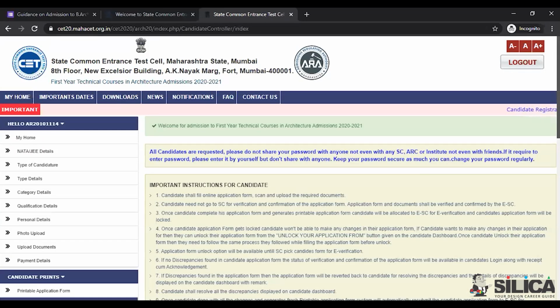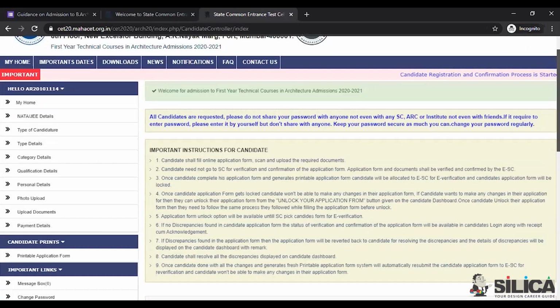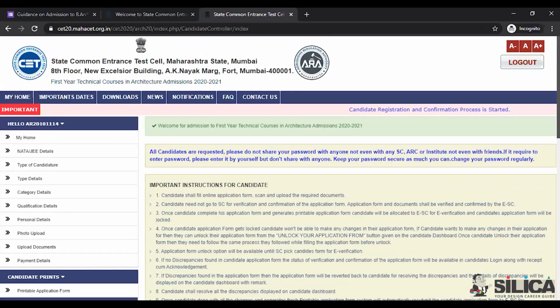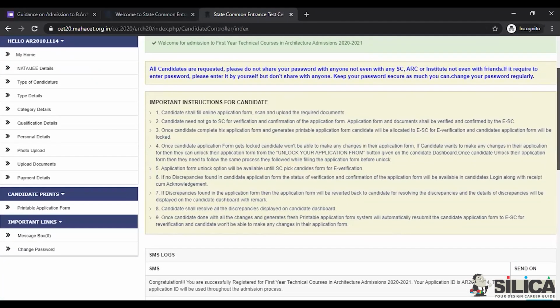After logging in, you will see your home page like this. First of all, please read all the instructions given here, starting from 1 to 9. So this is the home page.